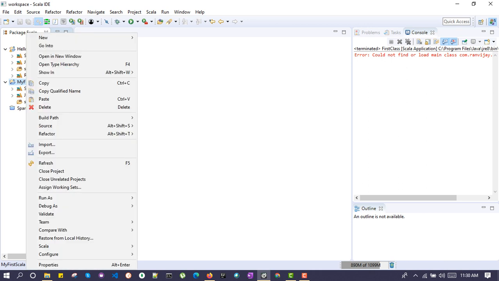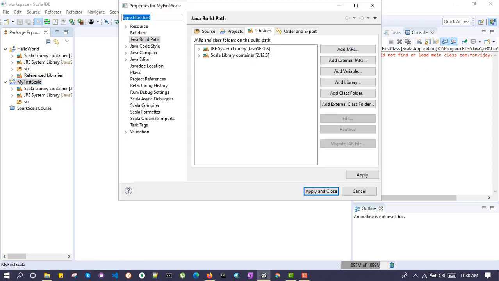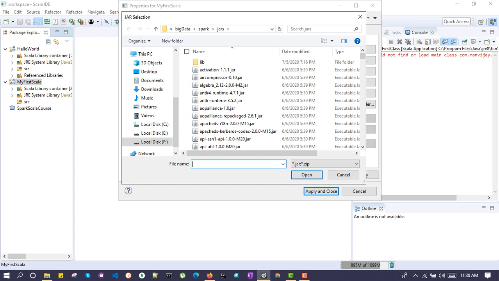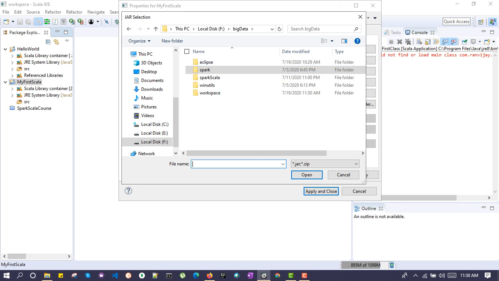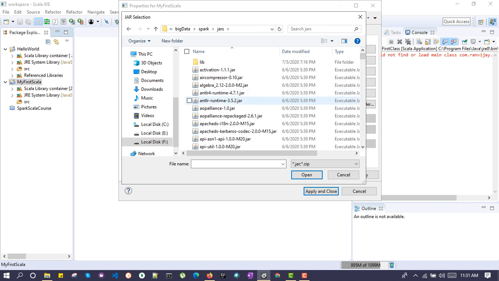To import those, right click on the project, properties. In Java build path, add external jars. Browse wherever you have installed your Spark. I have installed it inside the F drive, big data folder, Spark. Inside Spark, go to the jars folder and select all the files which will be required in our program.